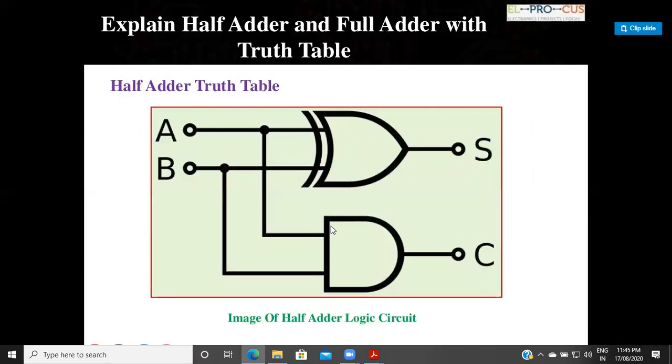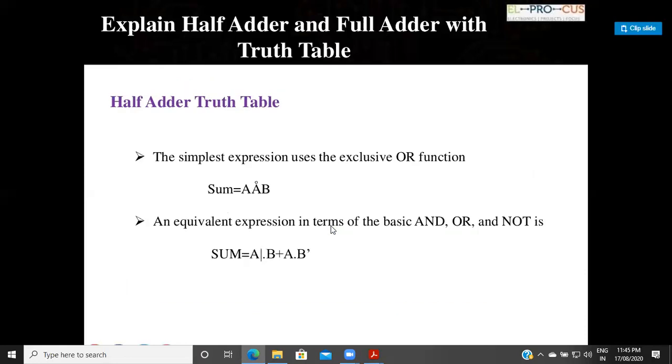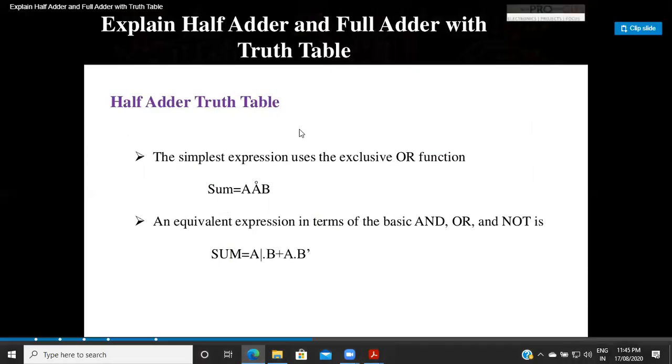So in this half adder logic circuit, we are using the XOR gate. So how can we simply define that output? The simplest expression uses the exclusive OR function, that is the sum is A XOR B. An equivalent expression in the form of the basic AND, OR, NOT is that the sum is equal to A